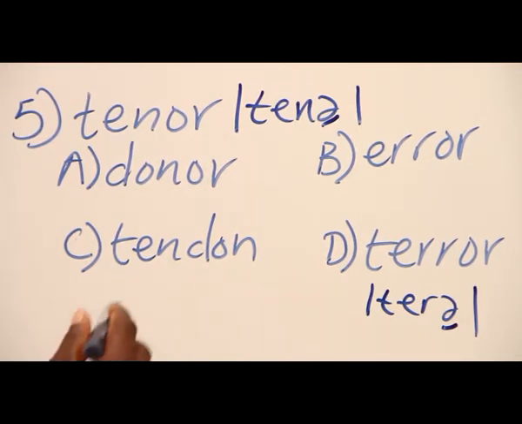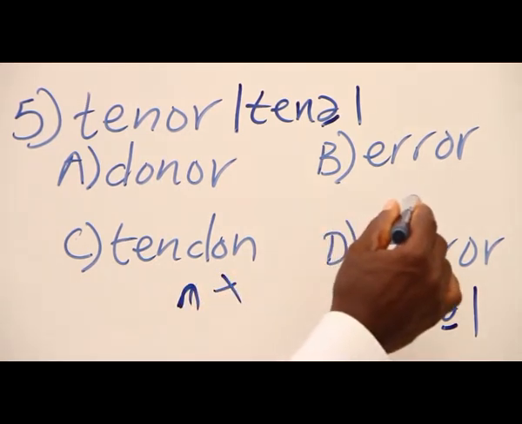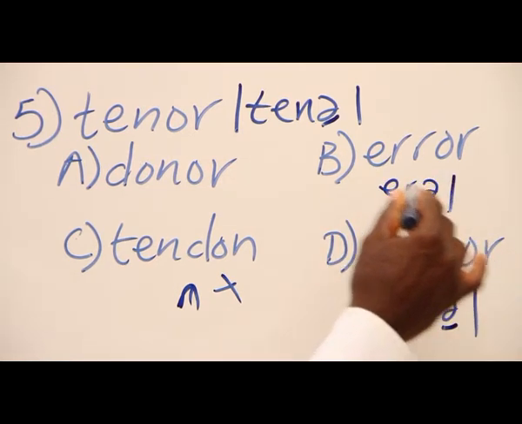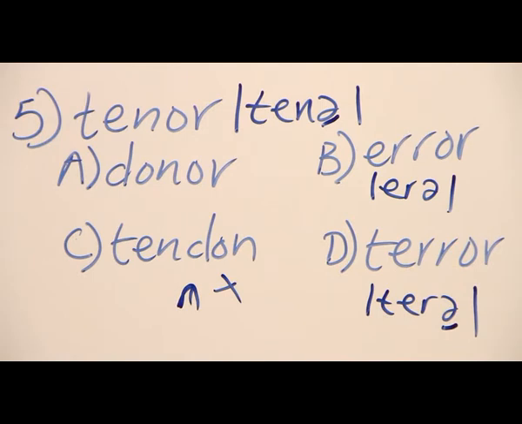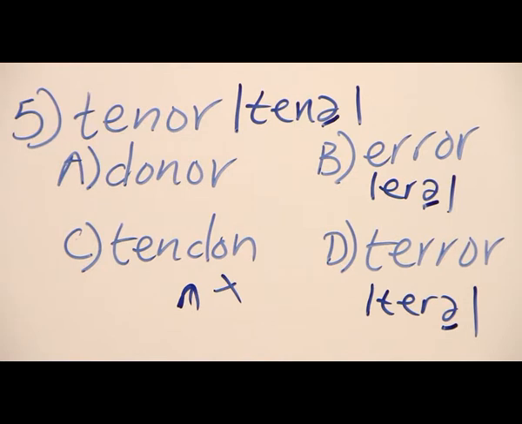So, we'll take option C. Option C ends in this nasal. So that means that there is no rhyme in option C. So option C can't be our answer. Then we have error. In error, I think it's going to be error. So again we have a single rhyme,